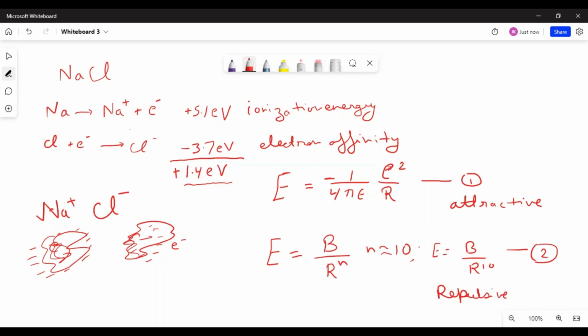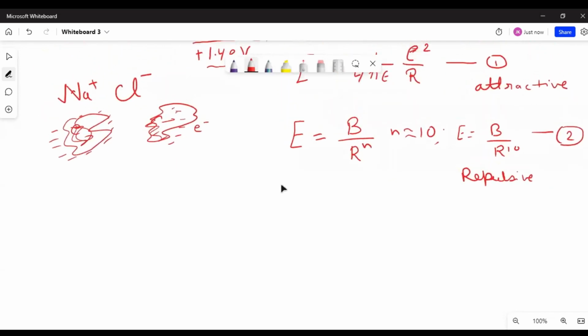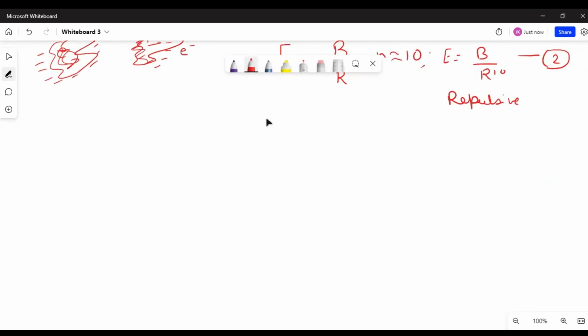Now we have two kinds of interaction. One is attractive, where a positive charge is attracted to a negative charge, and the second is repulsive, between negative and negative. So there are two forces working together, and there will be an equilibrium where these are balancing each other. Now, to get a better visualization, I am going to plot these two equations together. So to start with, as explained,